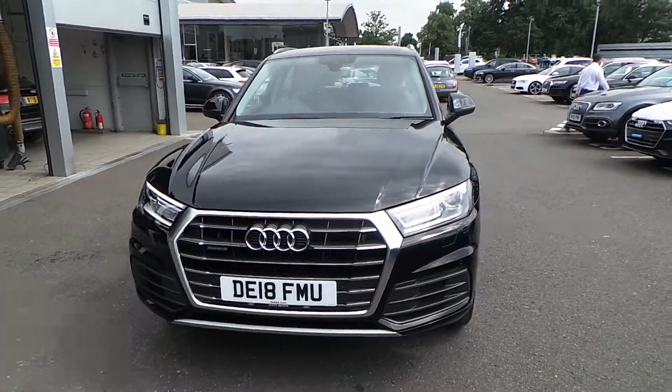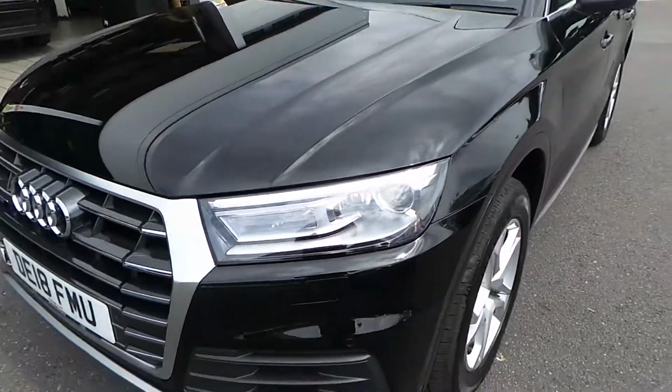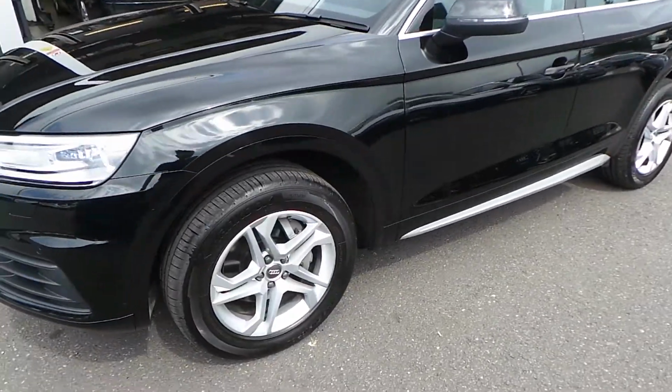Today we have the Audi Q5 SE. The car's got the Xenon headlights with the LED daytime running lights, with the front headlight washer jets, front and rear parking sensors, and as we move around to the side of the vehicle,